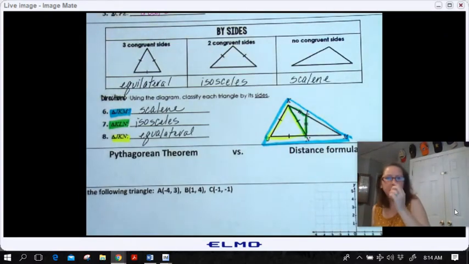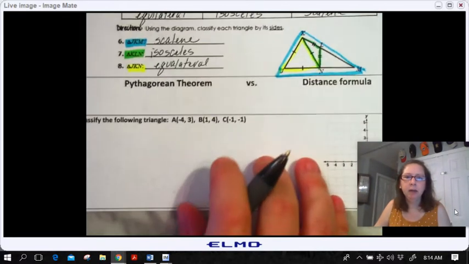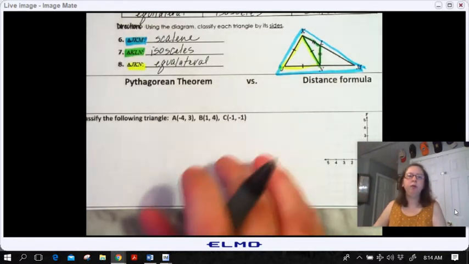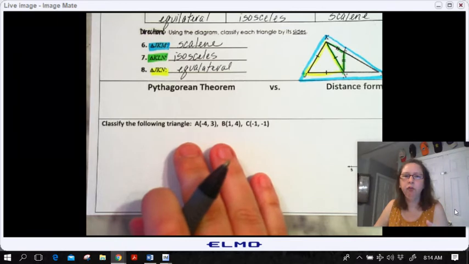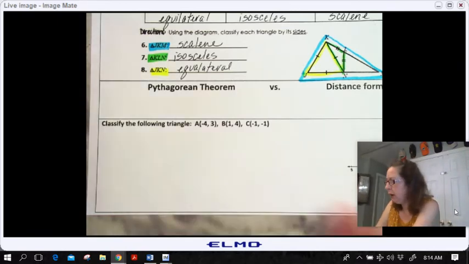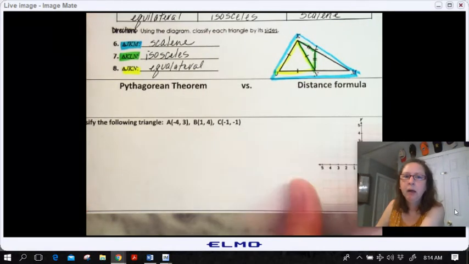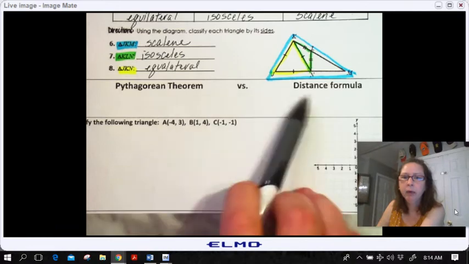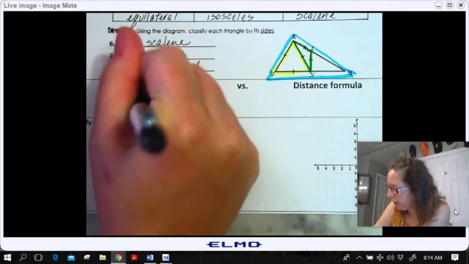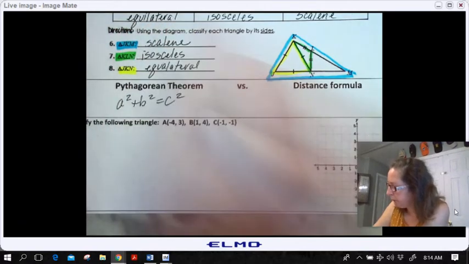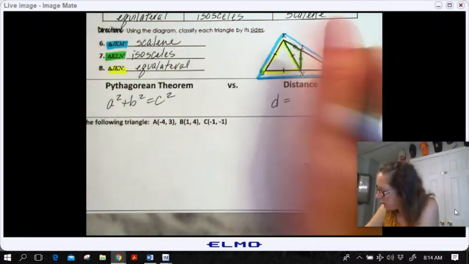Okay, so let's talk about how do we, in the coordinate plane, determine what type of triangle we have if they just give us points? So this is kind of a transition, like you did this in Math 1 when you learned about the distance formula, okay? So the distance formula and the Pythagorean theorem really give you the same information. The Pythagorean theorem is a squared plus b squared is c squared. Or you could use the distance formula, where the distance is the square root